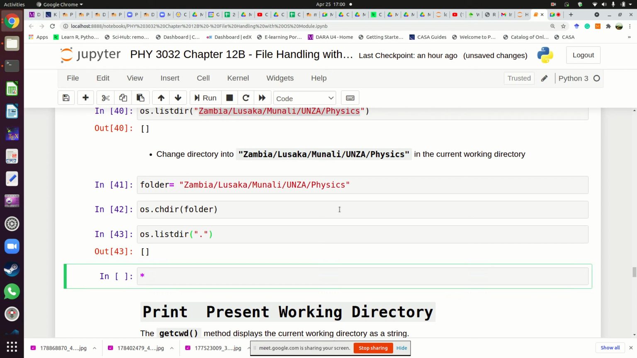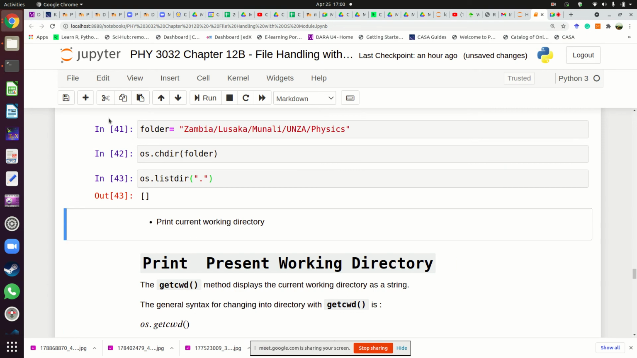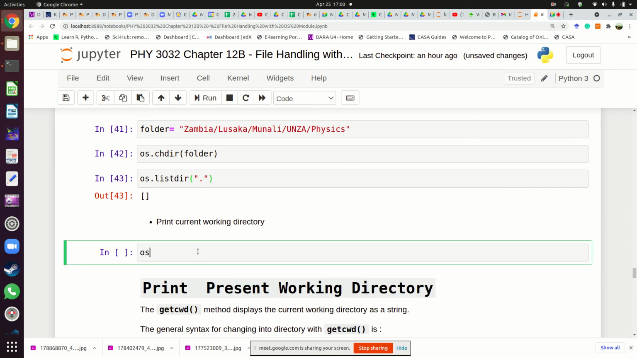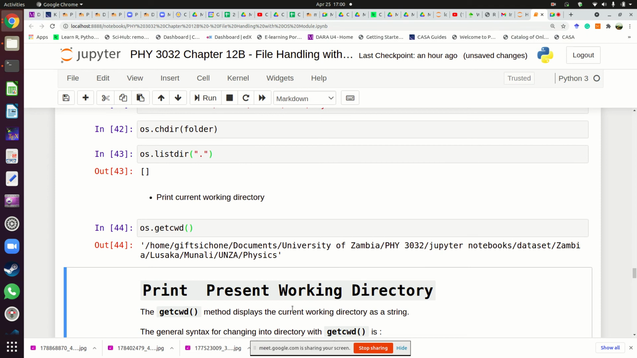So there, print current working directory. Say print current working directory. We've seen how to do this. That is by using os.getcwd. When you do that, this basically tells us we are in a folder called physics. And when you do that, here, this one,